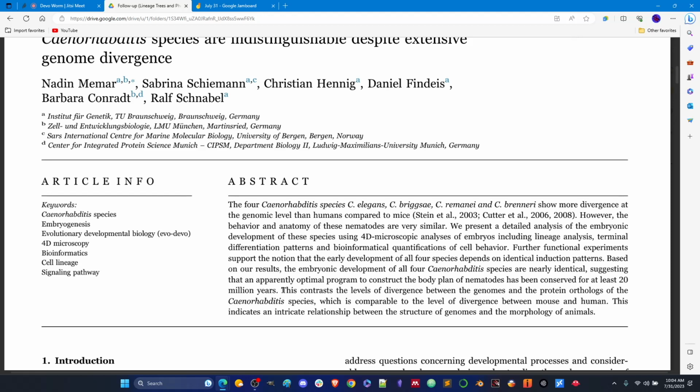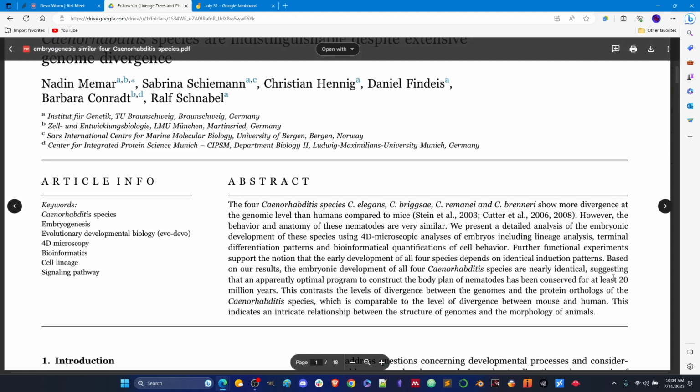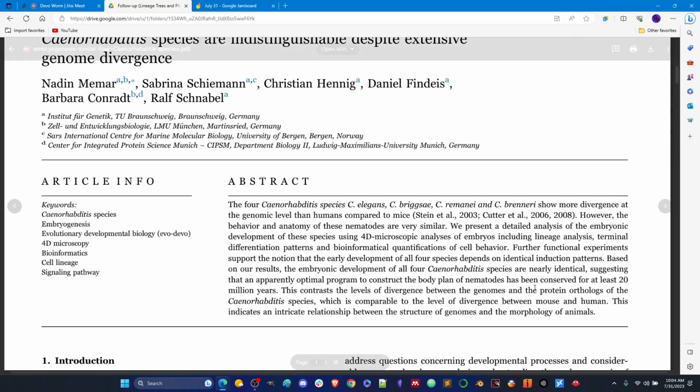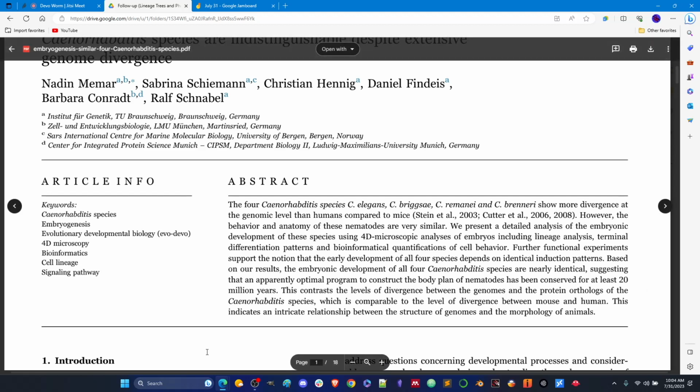So human and mouse are probably around that. It depends on who is doing the phylogeny, but it's comparable to humans and mice in mammals. So this is pretty deep for related species in the same genus. It's pretty deep history. So this contrasts the levels of divergence between the genomes and the protein orthologs of the